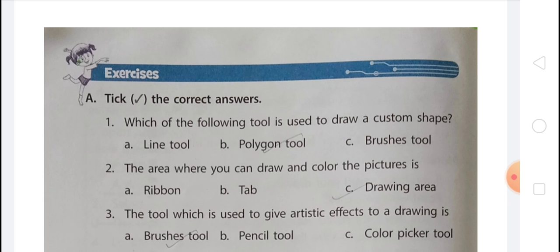After that, the ribbon is divided into two sections, tabs and groups. Tabs: in the paint window, there are two tabs, Home and View. These tabs contain different commands to draw and edit the picture. And groups: a group is a collection of related commands. For example, clipboard, image, tools, shapes and so on are some groups on the Home tab.